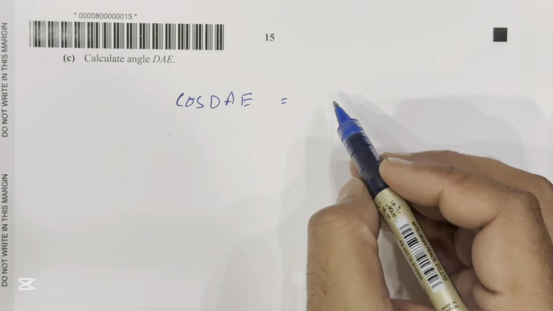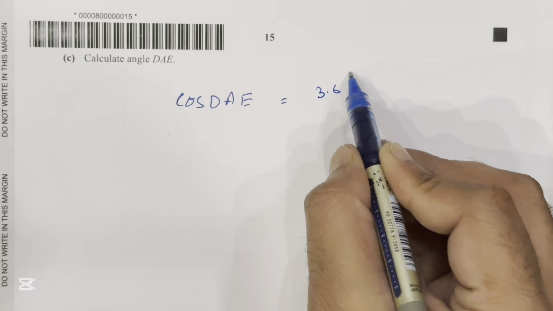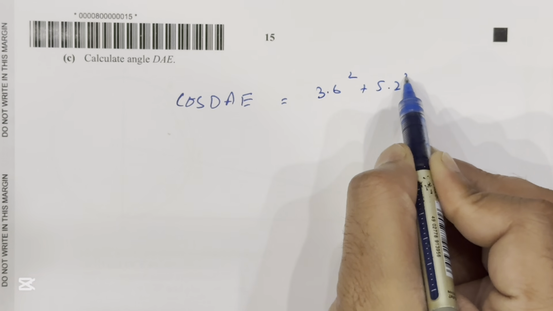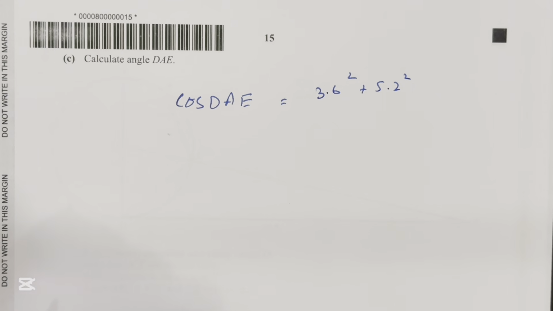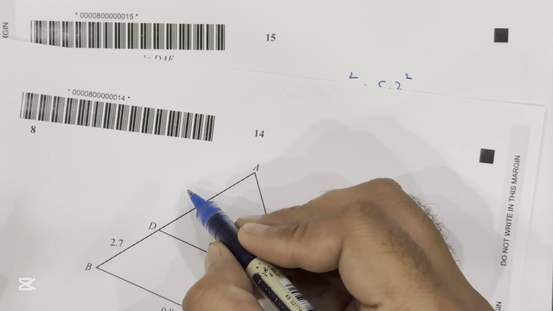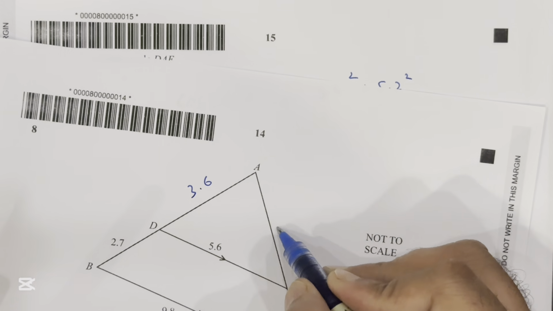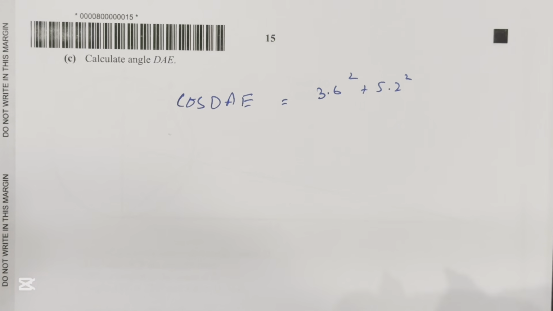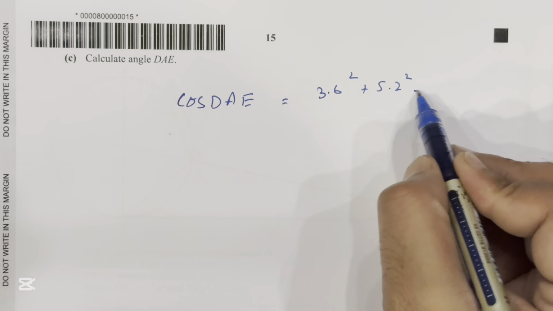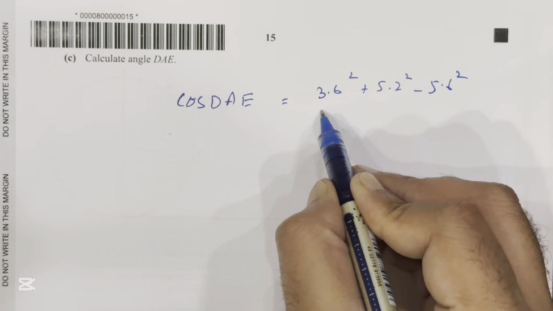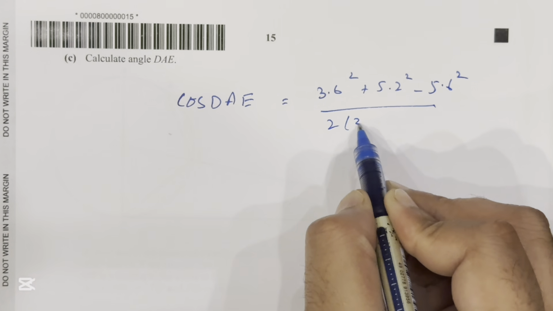So it is equal to 3.6 square plus 5.2 square. In case you forgot what 3.6 was, we just calculated it. This is 3.6 and this is 5.2 centimeter. Okay, and minus 5.6 square divided by 2 into 3.6,